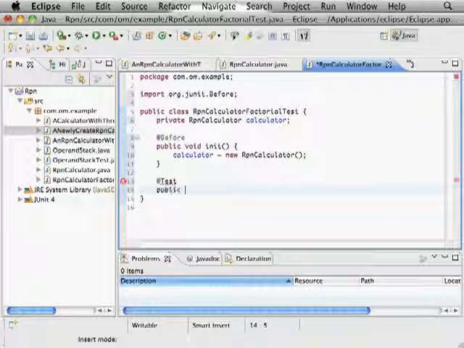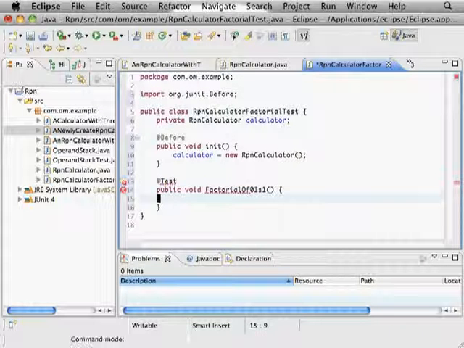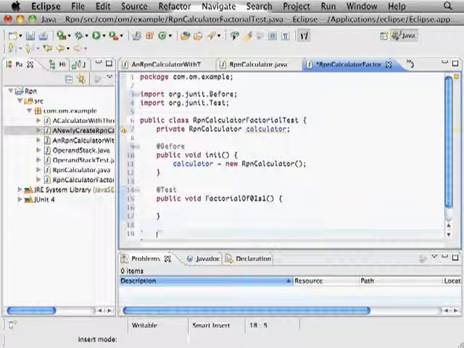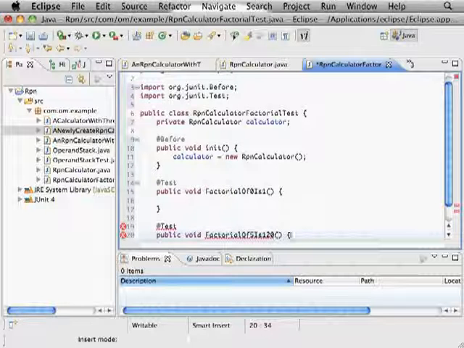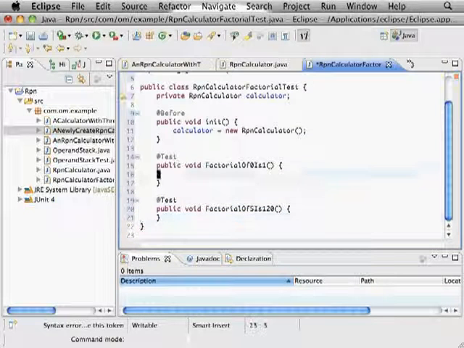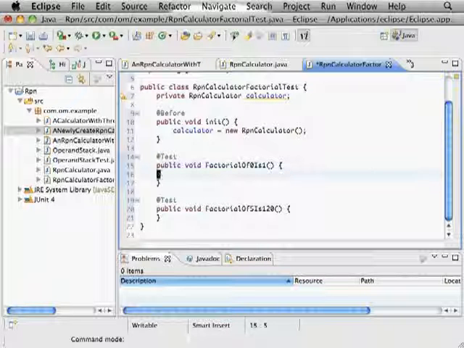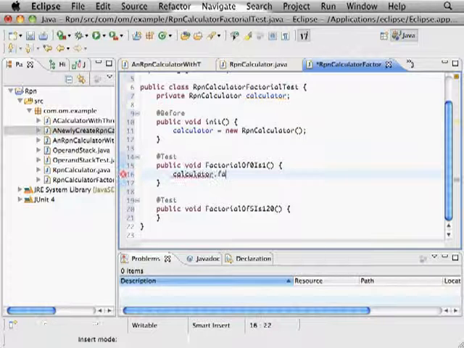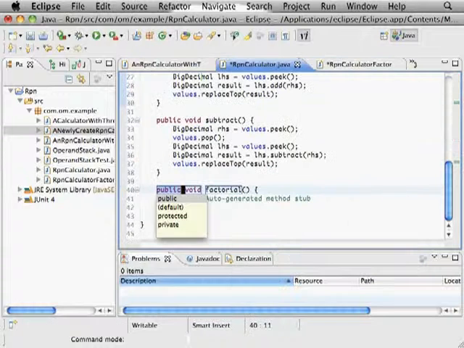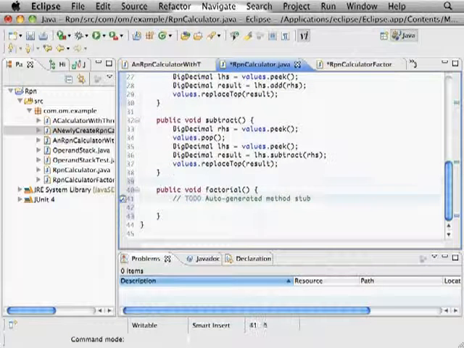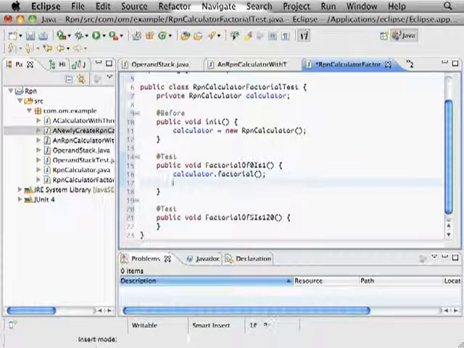So let's see, public void factorial of 0 is 1. I'm going to put in my test cases first. All right, so factorial of 0 is 1, of 5 is 120, and I'm just going to do this. I don't care about the other results, so this will be enough for now. So calculator.factorial. That method doesn't exist, so let's go ahead and add in that method. Okay, and then I want to assert equals